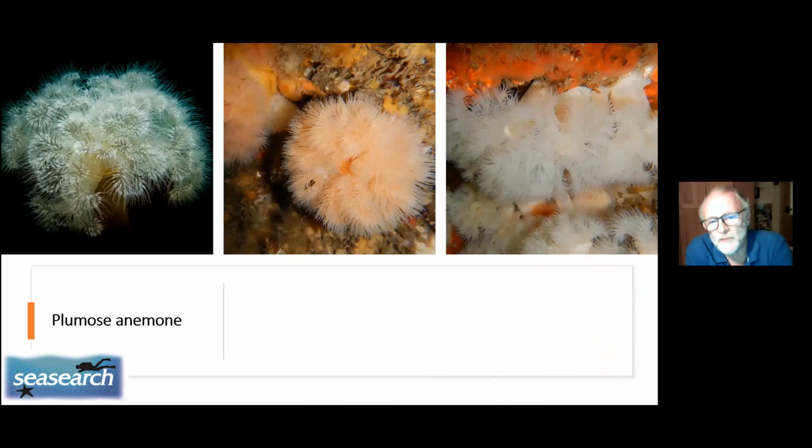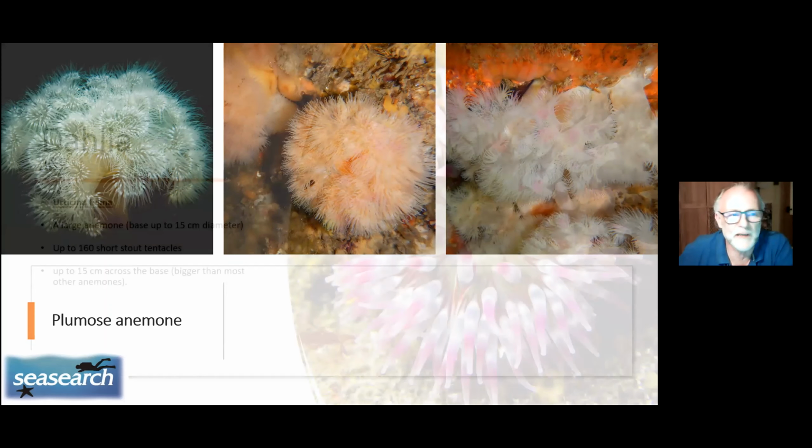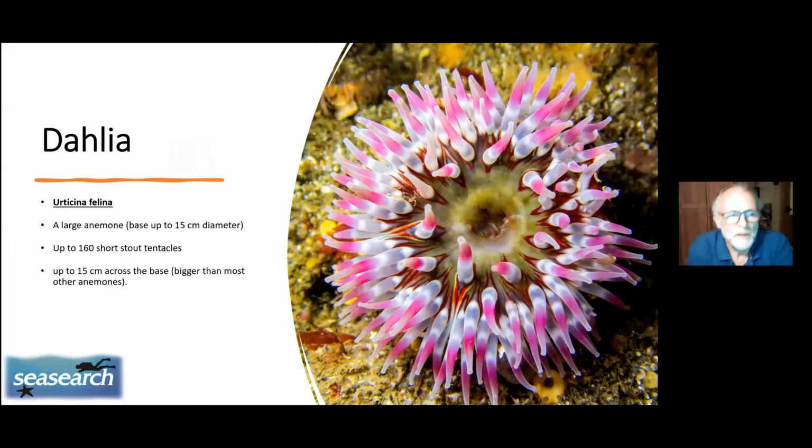So in terms of the different types of anemone, I'm sure everyone has seen the plumose anemone. It's got this beautiful frilly, sort of flowery head, and it is on a very long, sometimes quite tall stalk or column. It comes in orange and white, and I don't think it needs any much further explanation than that. You'll all recognize that. The dahlia anemone, Urticina felina, is one of our larger anemones with up to 160 short